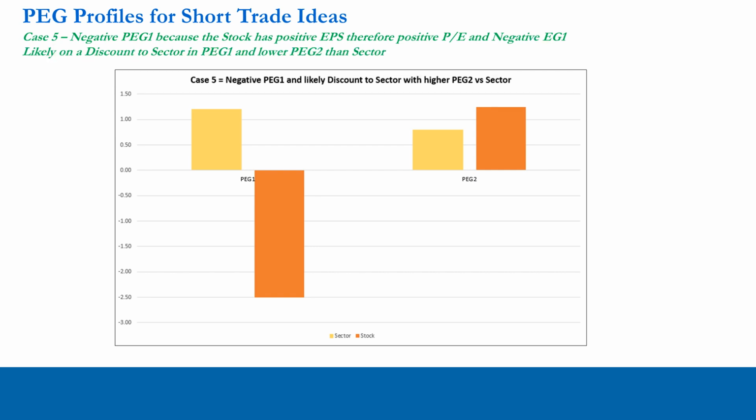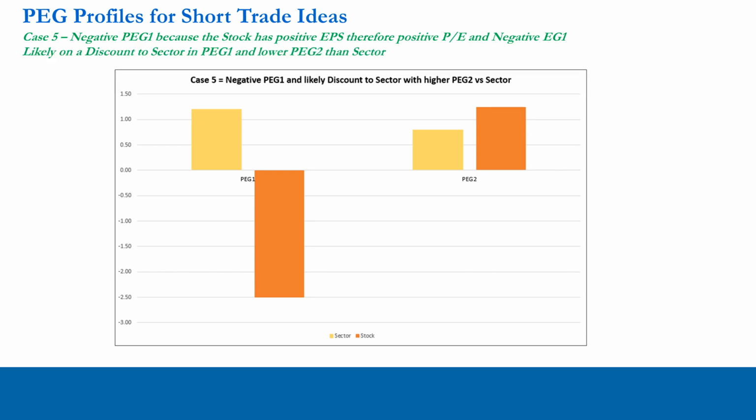We have to do further work and look at the price earnings ratio in isolation and what the market thinks of the stock via PE, and have a look at the earnings growth percentage profiles and understand those in both periods, as in whether they are premium or discount to the sector. And we have to do further work to enable us to understand what's really going on with the stock. The PEG ratio doesn't really tell us much in case number 5.